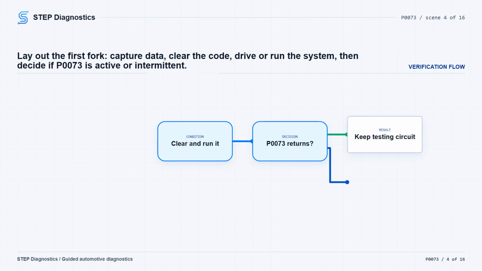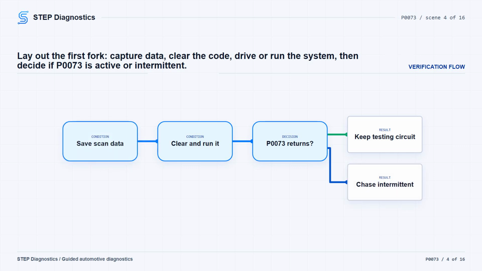If it does not return, treat it like an intermittent. For an intermittent, use the captured conditions to get the monitor to run again, and verify the failure mode is actually present before testing too far. Also check for applicable updates or known fixes before continuing. If none apply, wiggle test the harnesses the circuit runs through while watching for the code to become active or